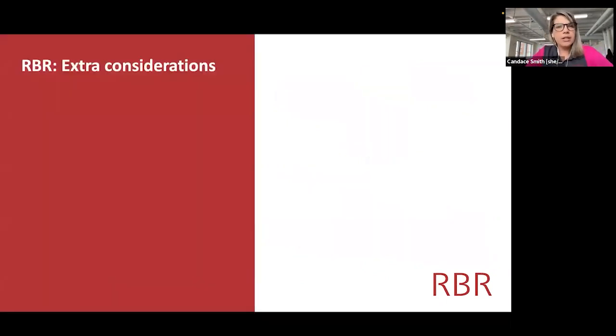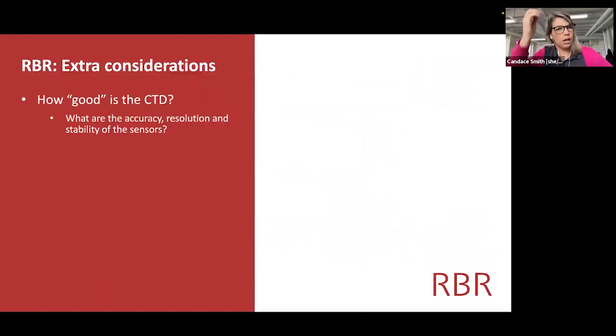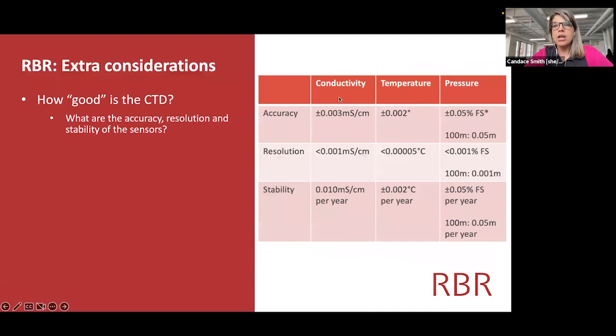Okay, so these extra considerations I talked about as well. How good is the CTD: the accuracy, the resolution, and the stability? So we have conductivity, temperature, and pressure, and then accuracy, resolution, and stability. I'm going to focus on pressure just for the sake of time. I'm not going to go through it all, but essentially